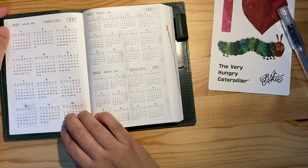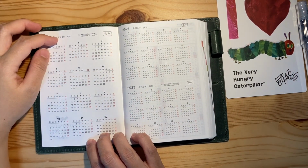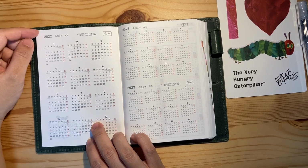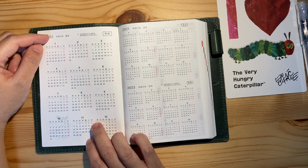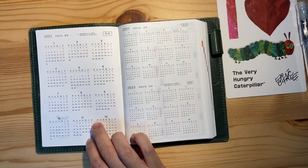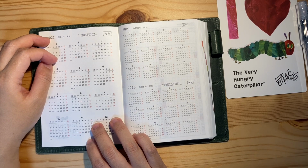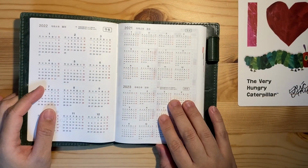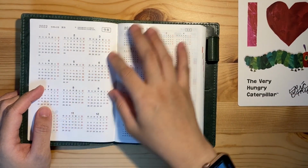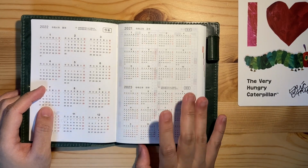Anyway, in the Japanese calendar system, they usually use era naming. Since February of 2019, they decided to change the year name into Reiwa, and this year is the third. I don't really use or look up to these, but sometimes I do check it out when I need reference,